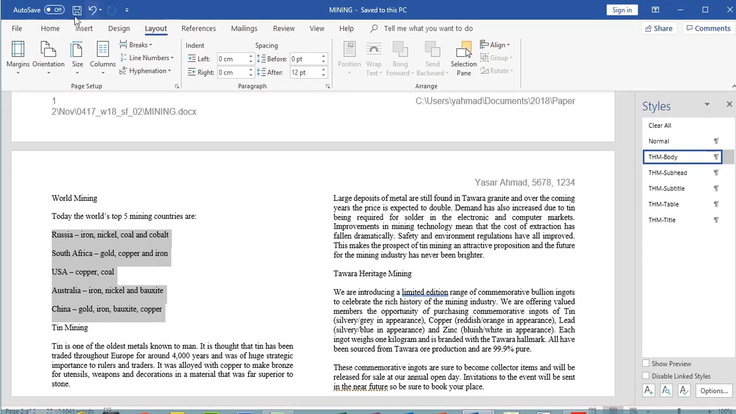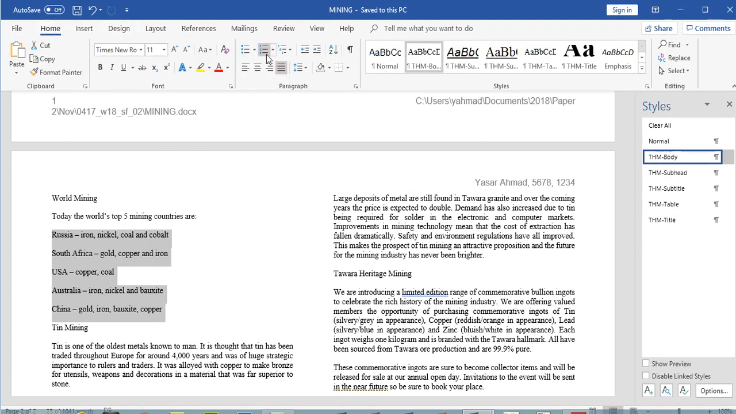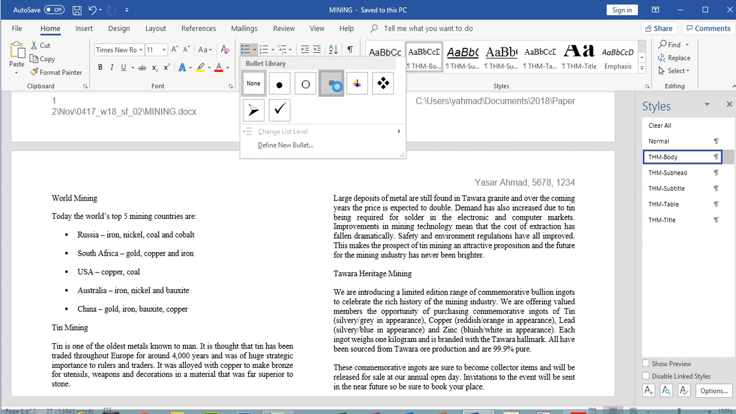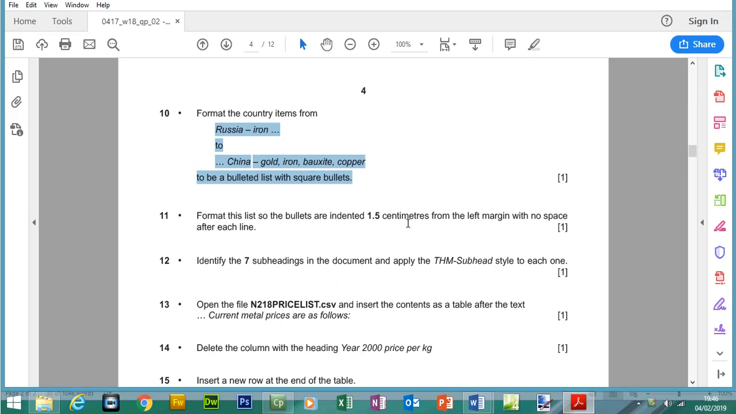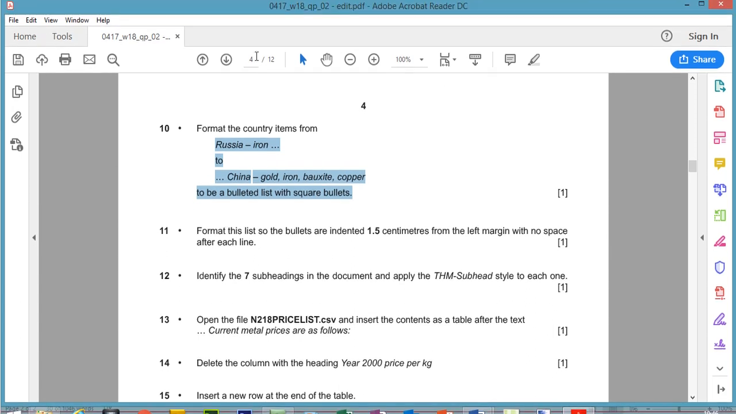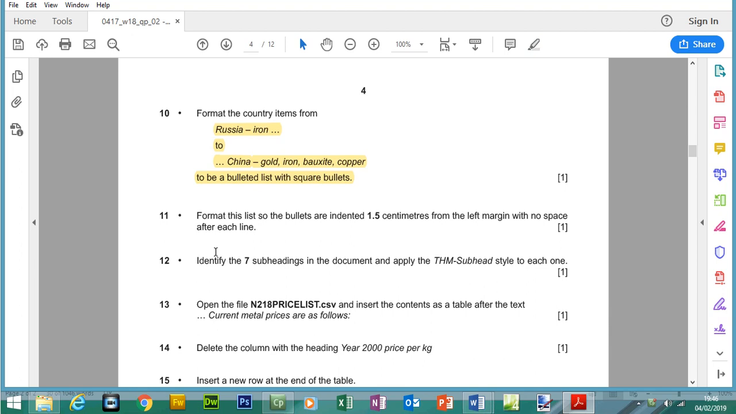We need to highlight this text and format it to a bulleted list to include squares. Okay. Yeah, so to a bulleted list with squares. That's that done. Okay. So format this list so the bullet points are indented 1.5 centimeters from the left margin